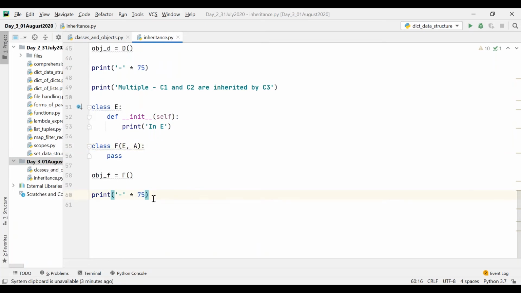So now coming to use cases where we can use these classes and objects.